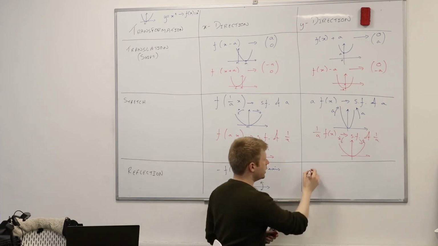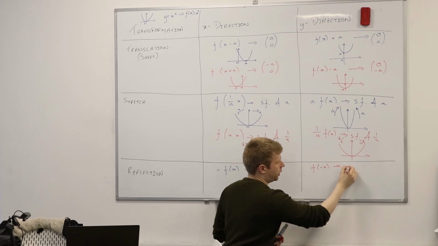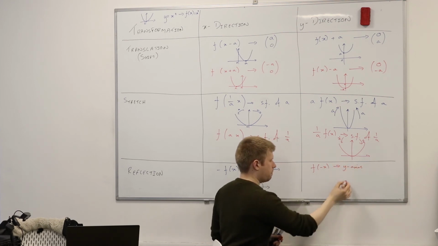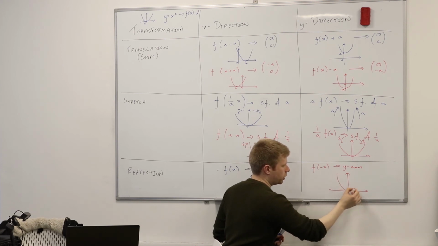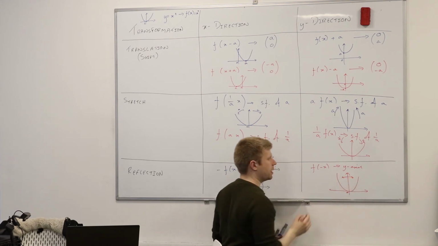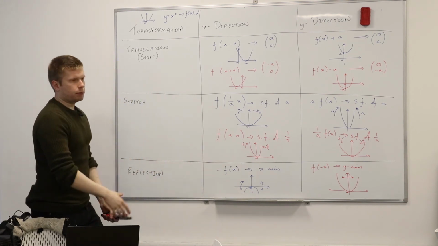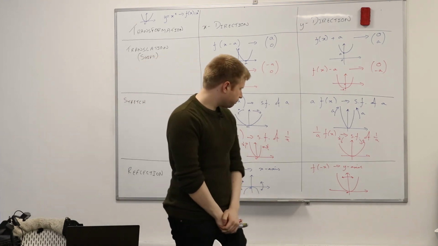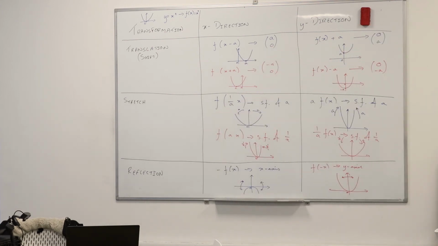If I do f of negative x, that's going to be a reflection in the y-axis. Now, of course, in this case, it's not going to change because it's a symmetric graph around the y-axis, but you still get that reflection which has happened. So those are basically all the transformations that I could possibly ask. Okay. So let me